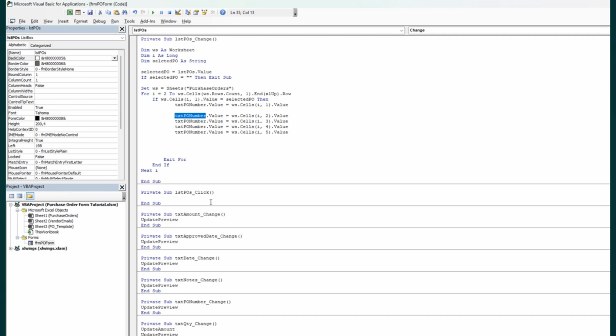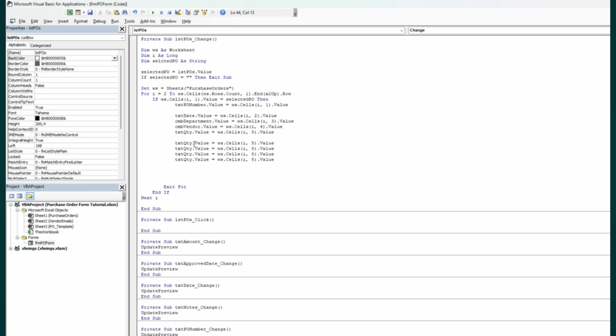And the next thing we have is the txt date, CMB department, CMB vendor, txt quantity, then we have 6, 7, 8, 9, and we have